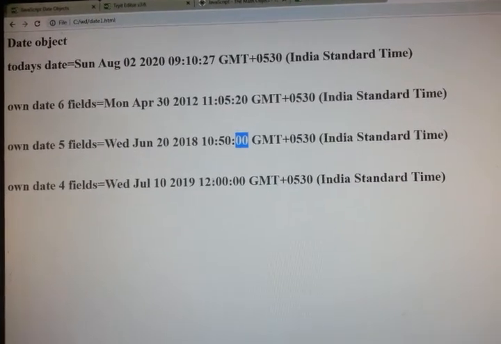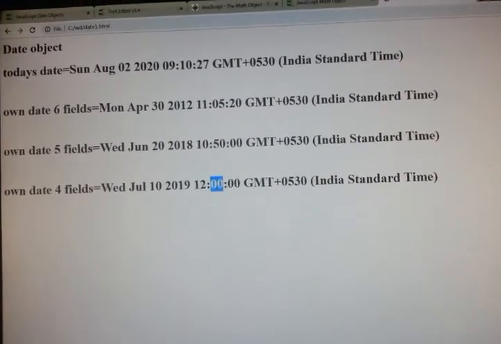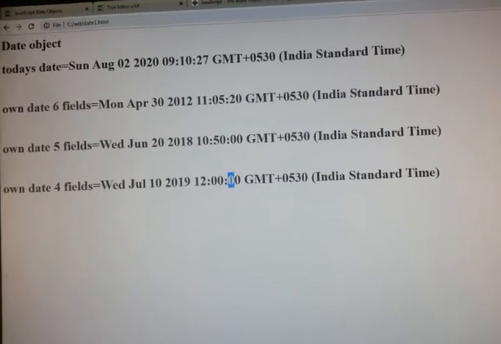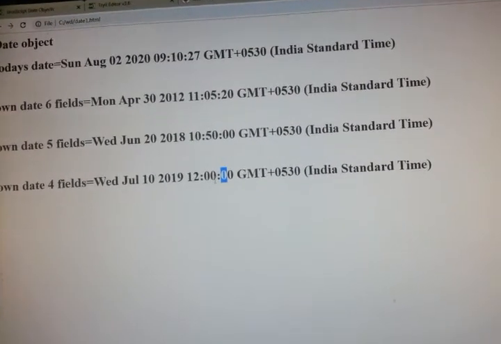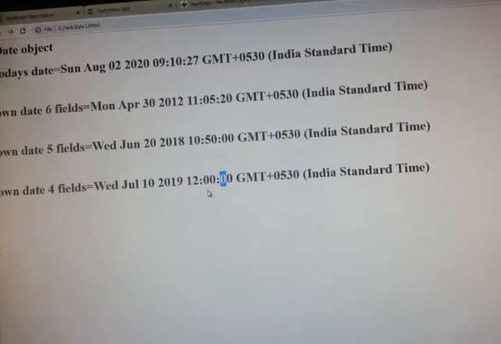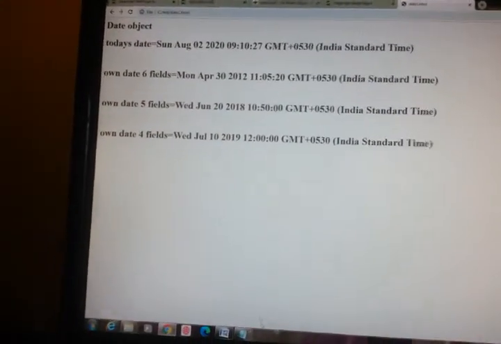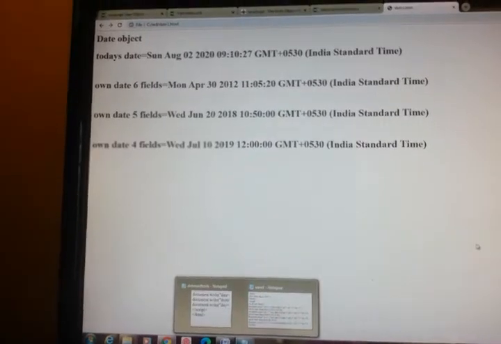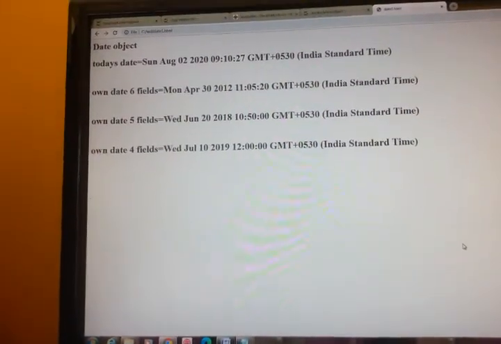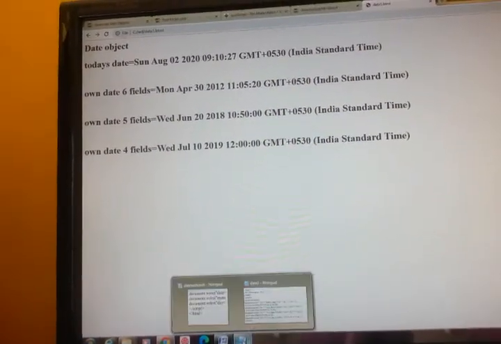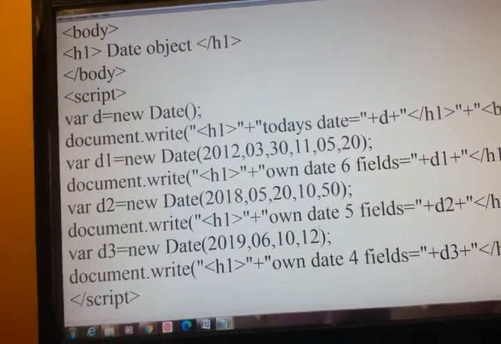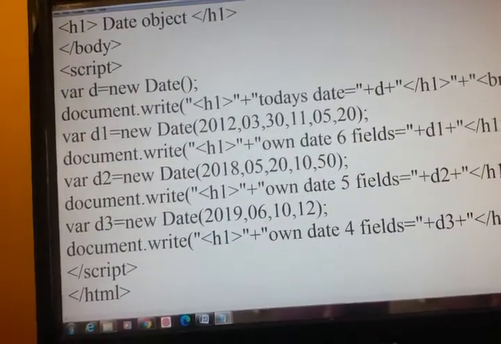When we are going for 4 fields we are getting 0 0 for both minutes and seconds. Then we'll go for 3 fields.